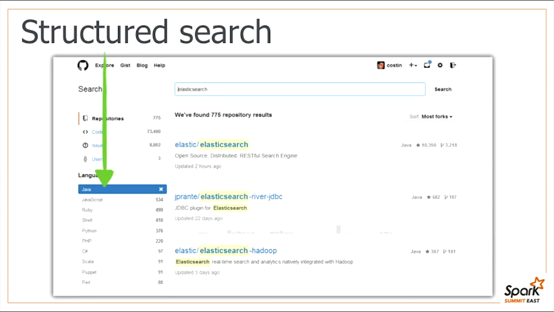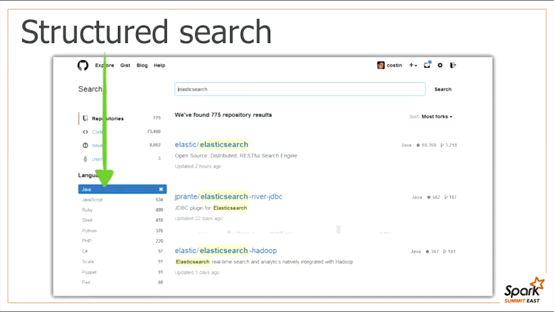Again, I assume most of you here are familiar with this interface. But as I said, typically you would start and type a query. You don't know exactly what you're looking for. You're basically looking through all the data assets in GitHub. And as the data comes in, you see it being broken down. That's basically some type of analysis. So you can see that, OK, the results that are coming in are repositories, basically code, issues, users. So the data is being bucketed, broken down per some common criteria.